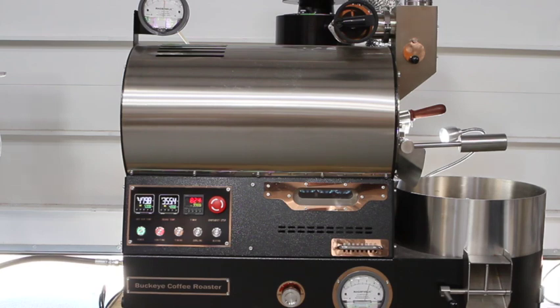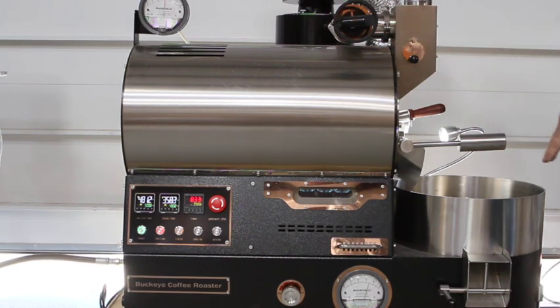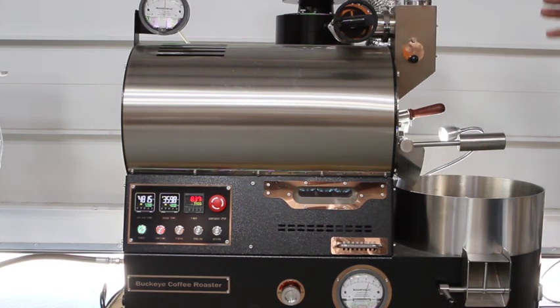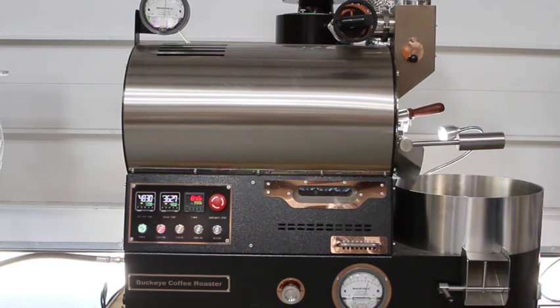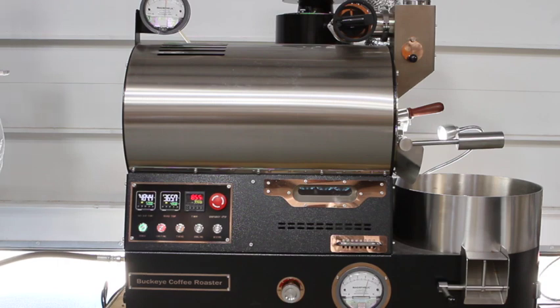Remember, our drum speed is at about 80%, on the bigger roasters at 90%. Our gas, depending on where we are in the roast at this point, is at 3.5 kPa because I'm doing 5.5 pounds. My airflow is at 5.5, and I may even bump it up to 6. I want to keep an eye on the rate of rise and the time that's involved in that rate of rise. Looking at my Artisan, I can see that